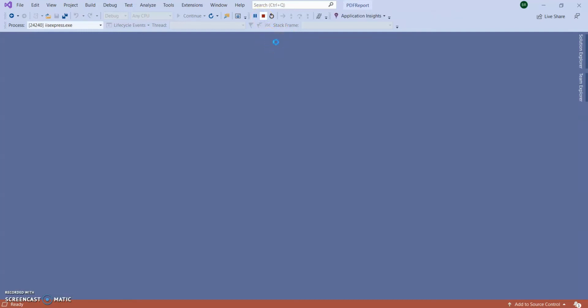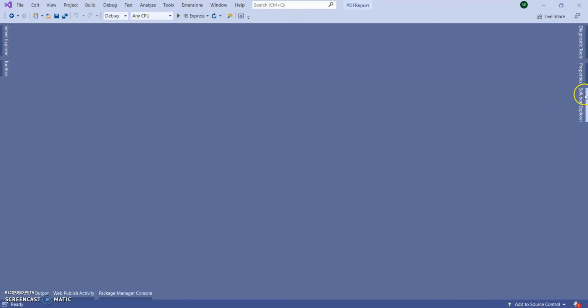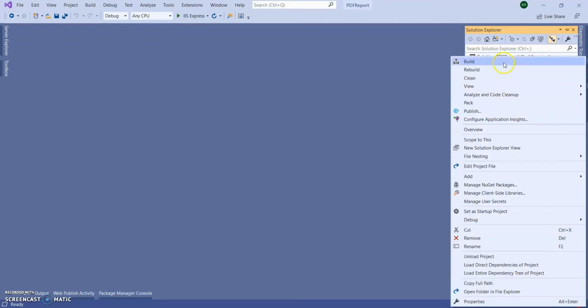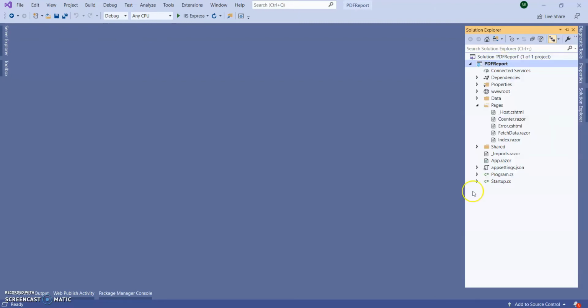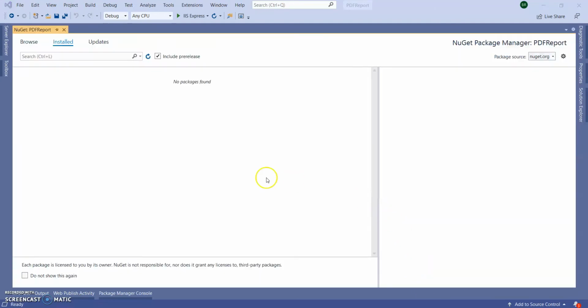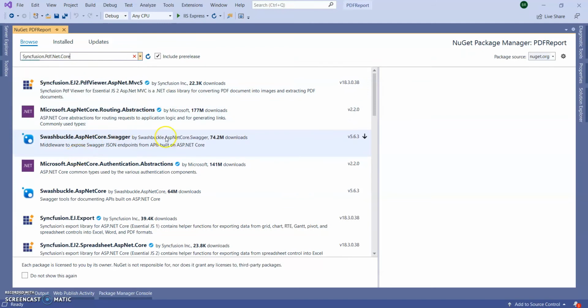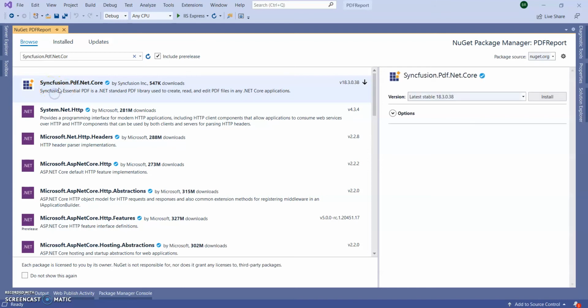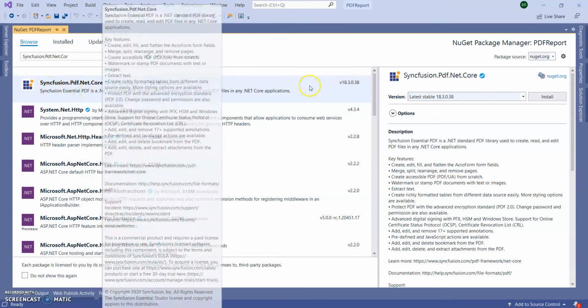Stop the Blazor application from running, right click on the application, manage NuGet packages, in the browse section search Syncfusion.Pdf.Net.Core.